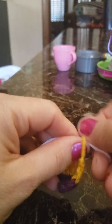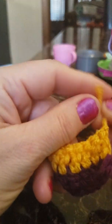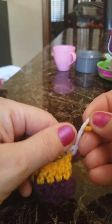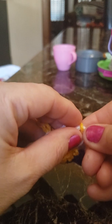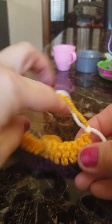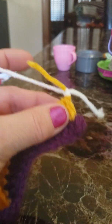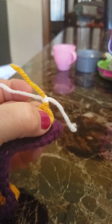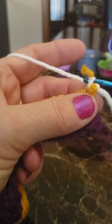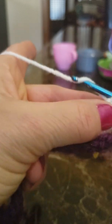So I'm just going to tie it on again. This is the part that always is a little bit intimidating, is like I'm not always sure how I want to do those ends. Sometimes I tie them on, sometimes I don't. So we're going to try this out here. I do chain 3. That's going to be my first loop